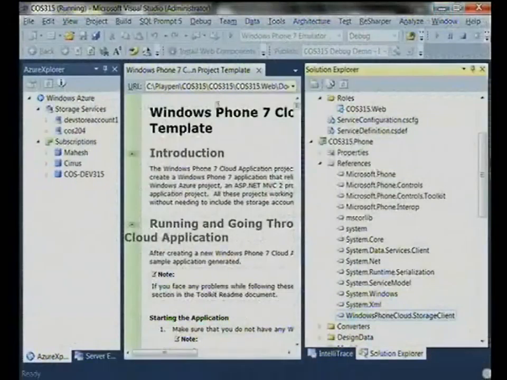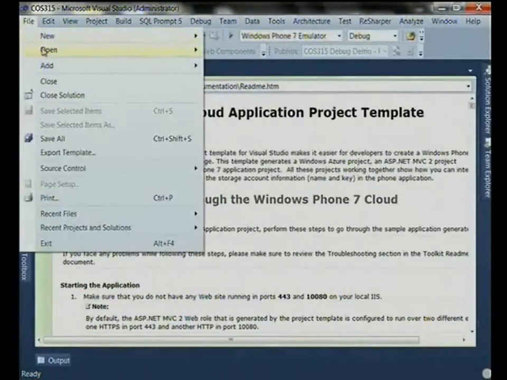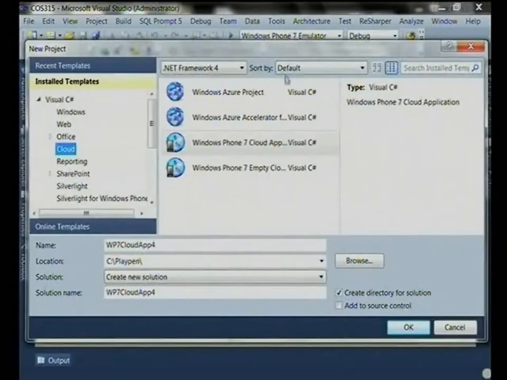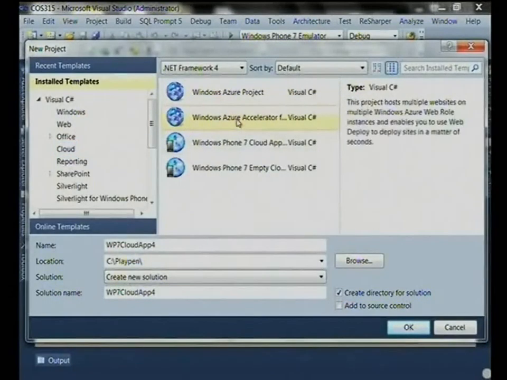But once you download that, and if I go over to my Visual Studio, I should see a new project type over here again. Windows Azure Accelerator for Web Roles. I just go in and say COS 315, hit OK.